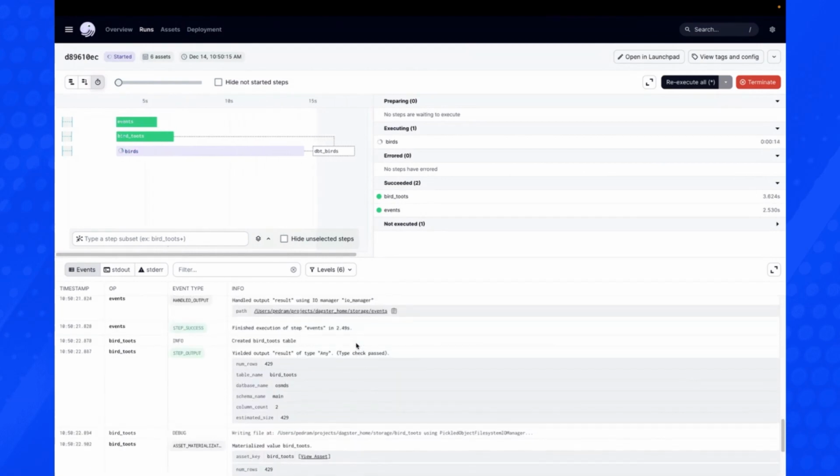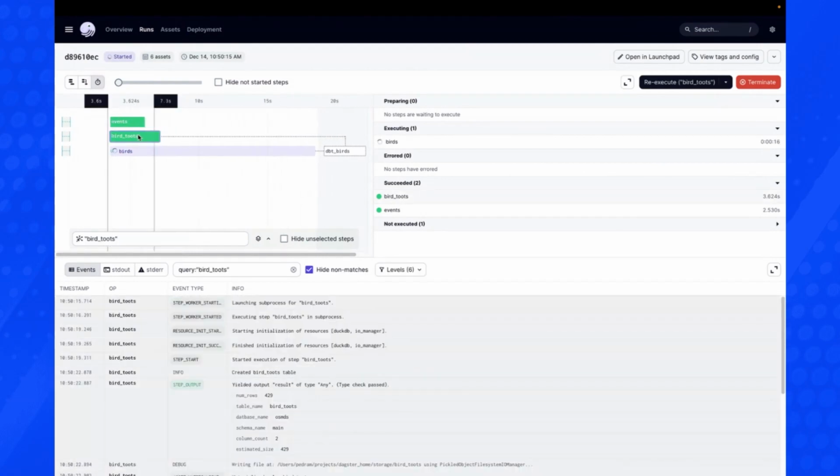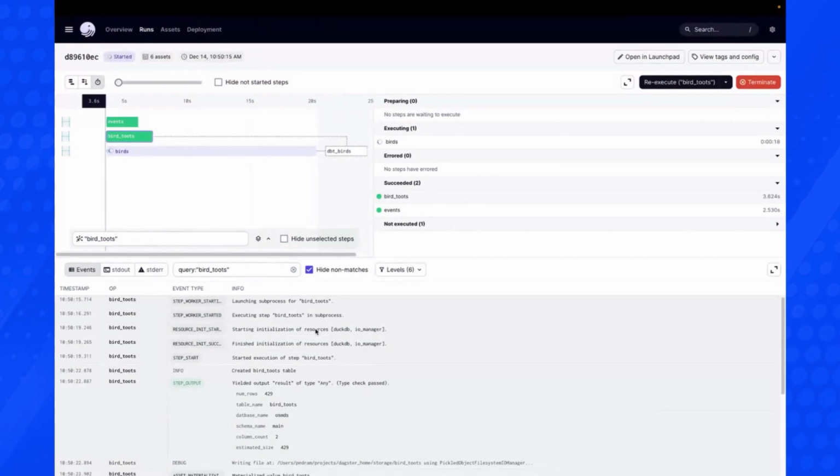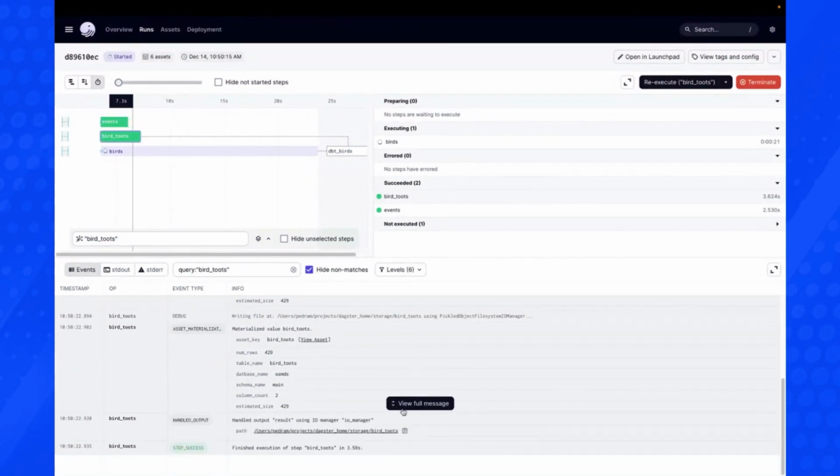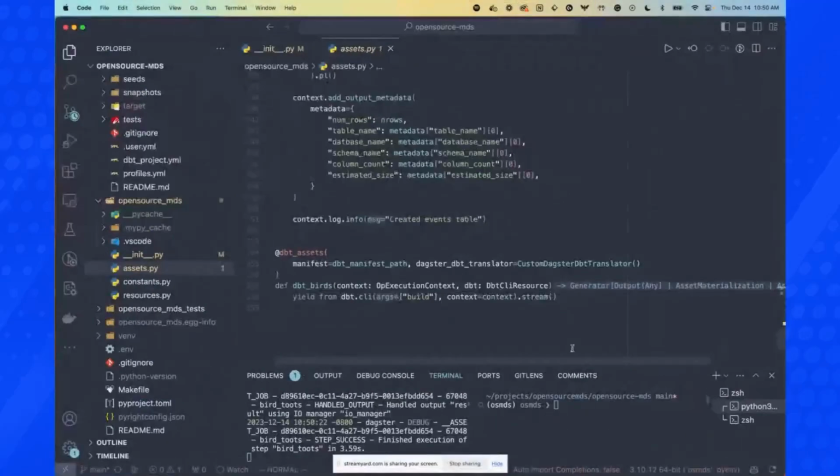You can also see the logs here for every single asset. You can click on one to get the logs just for that asset as well. And you can see it's materializing that data as well. So that's pretty much done. What I'll do real quick is show you